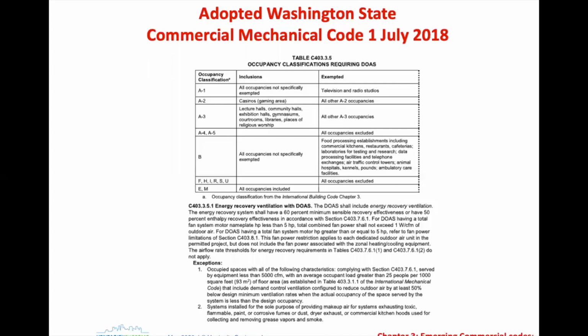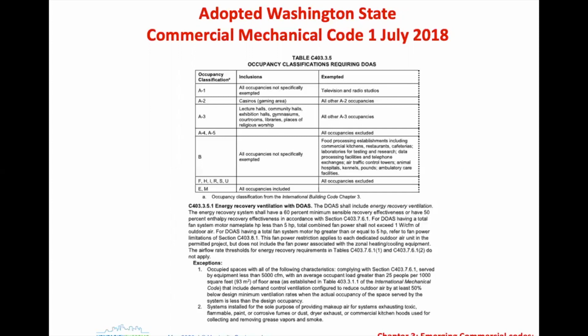There was an exception for multifamily up until July 1st of 2020. And as of a couple of weeks ago, multifamily buildings applying for permits for building now in Washington State will also require dedicated outdoor air systems. So it is a decoupled ventilation system, and heating and cooling cannot all be included in one package as in rooftop units that are doing heating, cooling, and ventilation. And so that's the code in Washington State.